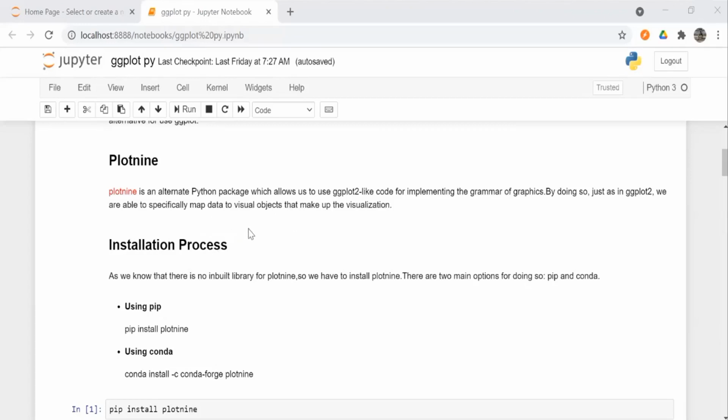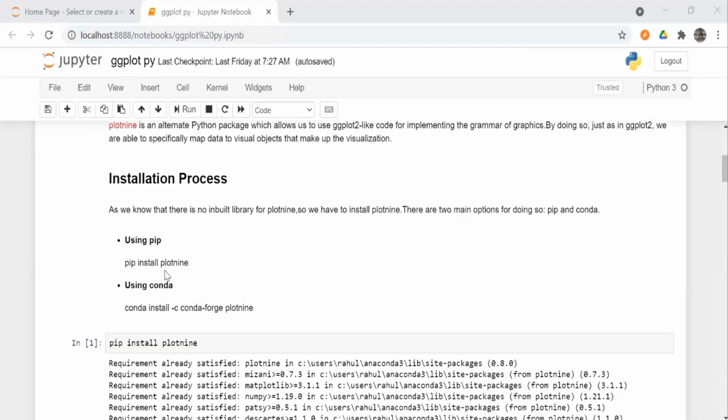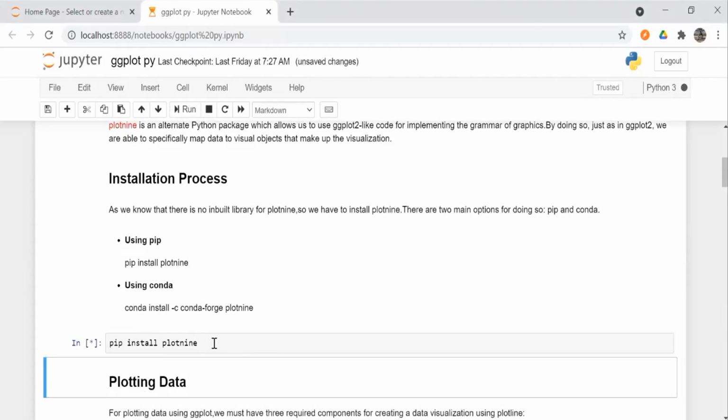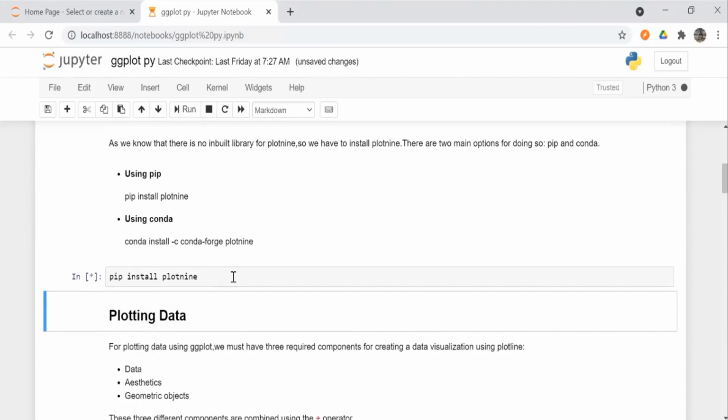Now, how to install? We can install Plot9 either using pip or using conda. Here I am showing how to install using pip. So pip install Plot9. After running this code, it will take some time to install.